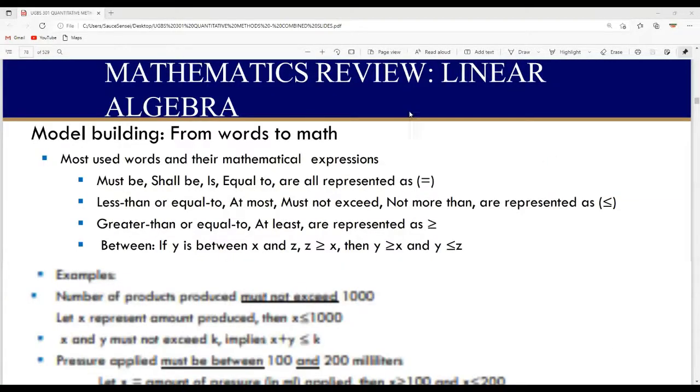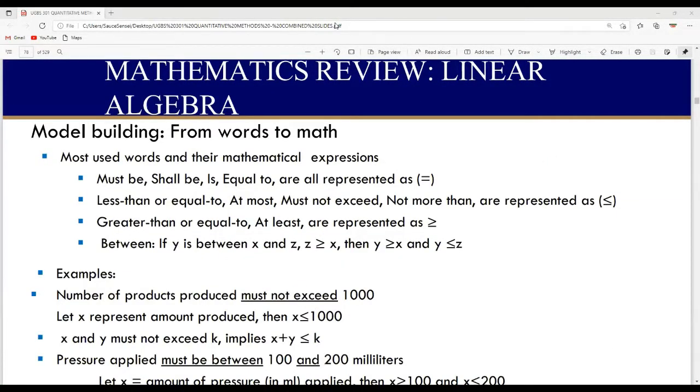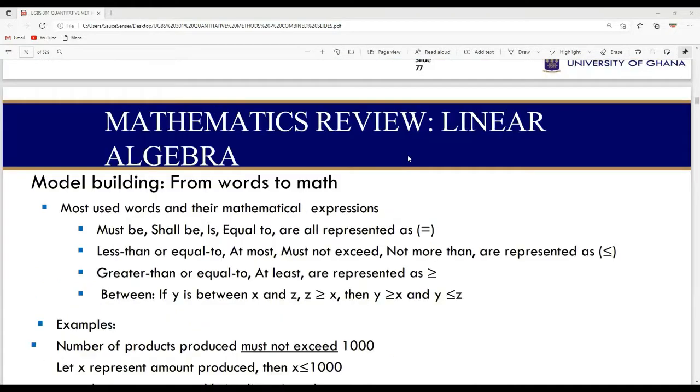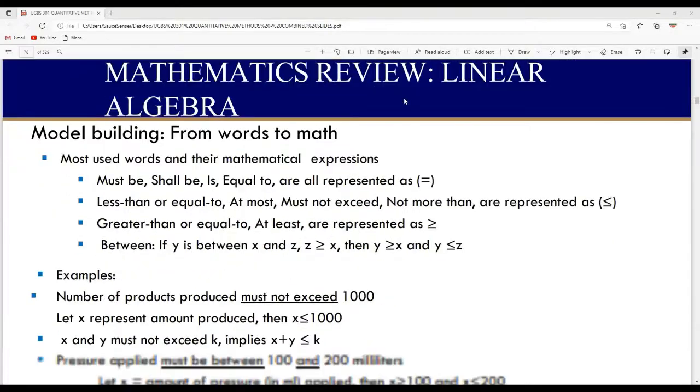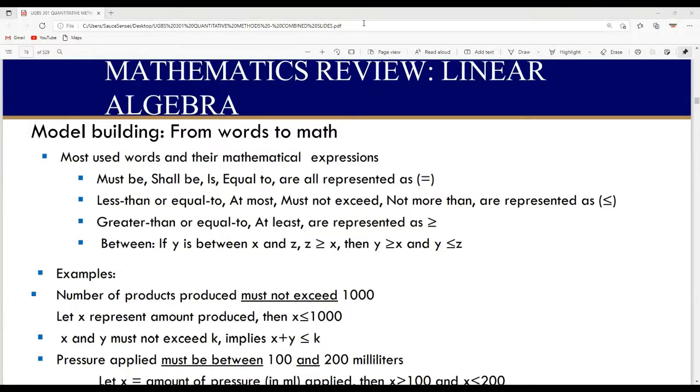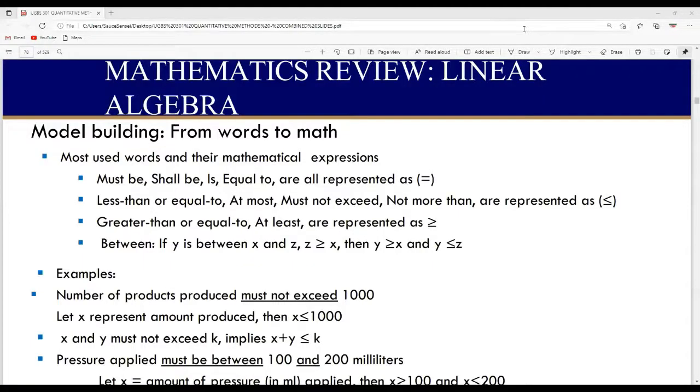All right. So I would like someone to read from this place. Mathematics review, linear algebra. Someone should read from this place. Someone should read it for me. Continue. Continue, please. Most used